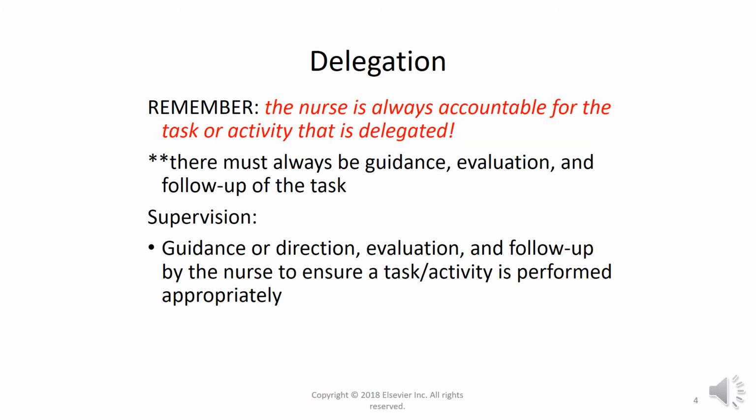All right, we're going to cover delegation some more. You having been LPNs working with UAPs under you gives you an advantage because you're familiar with the role of each person already. My sister is an LPN. She's a very, very good one. She worked for a while in a nursing home. So